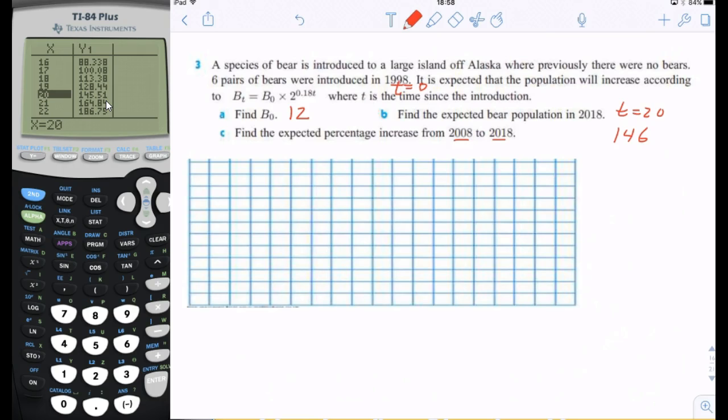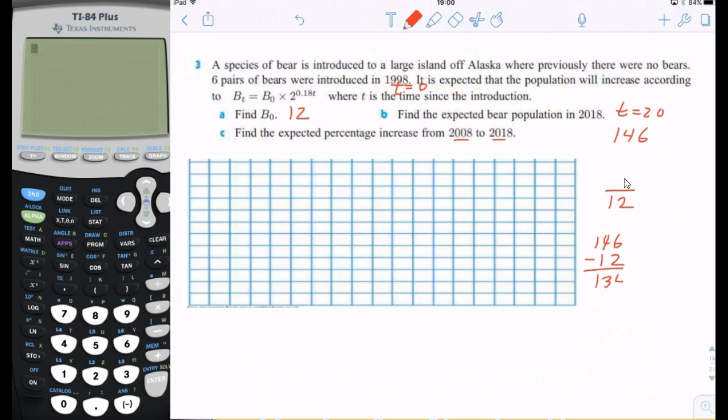And then it says to find the expected percentage increase from 2008 to 2018. So remember, with percentage increase, you're going to make a fraction. In the denominator of the fraction, you're going to put the original amount, which was 12 bears. In the numerator, you're going to put the amount of the increase. So we know that the new amount is 146. The old amount is 12, so the amount of increase is 134. So we're going to put the amount of increase in the numerator. And so 134 divided by 12, so let's do that on our calculator,